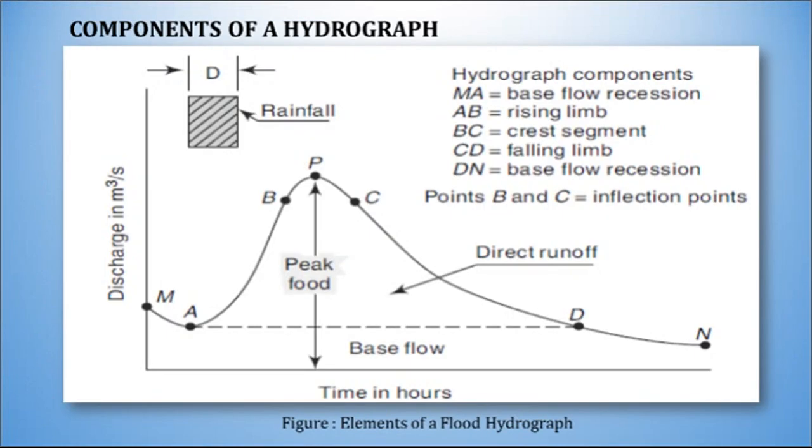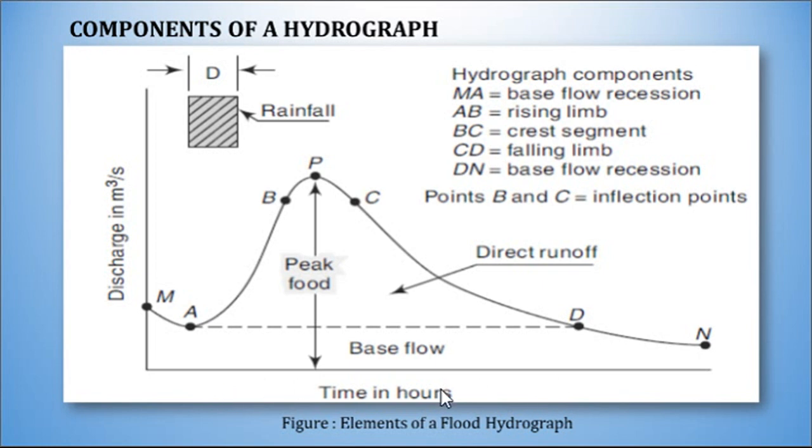So let us understand the components of this particular figure. This figure is known as hydrograph. As earlier said, it has on x-axis time in hours, on y-axis you can see the discharge in meter cube per second. If on a stream gauging station we measure the discharge on hourly basis, then we will have a set of readings like first hour and corresponding discharge, second hour and the corresponding discharge, third hour and the corresponding discharge, and so on.